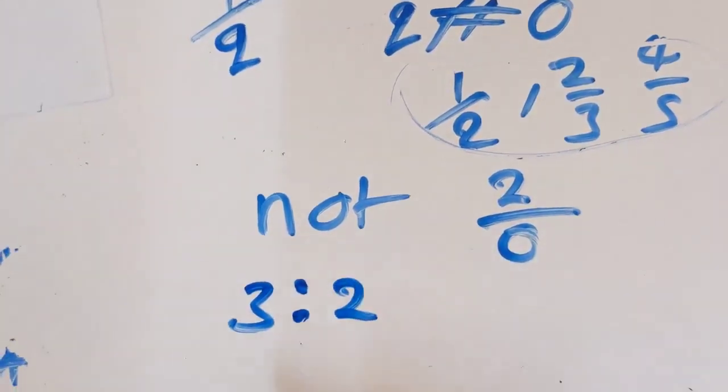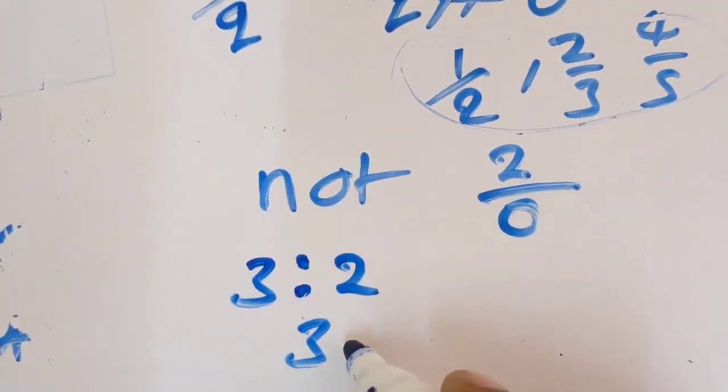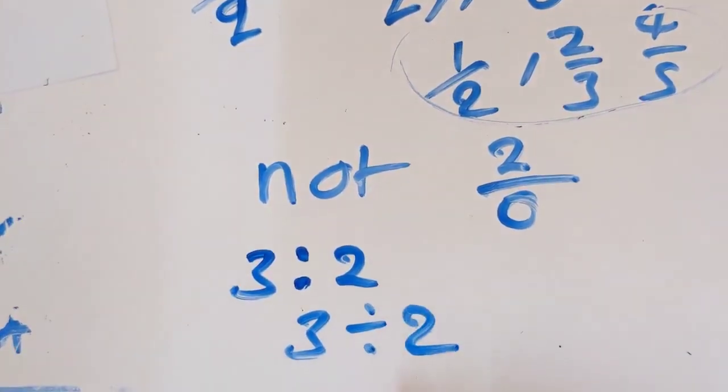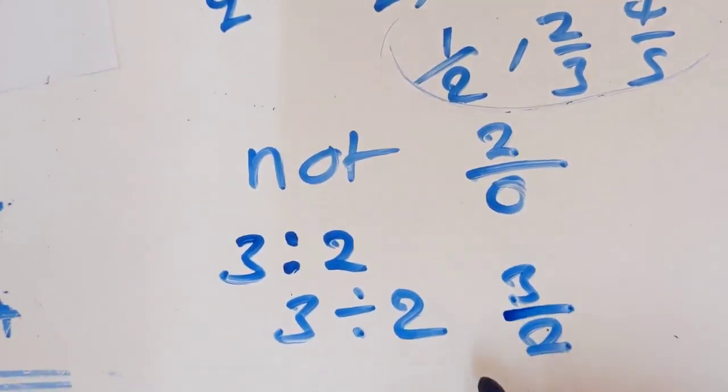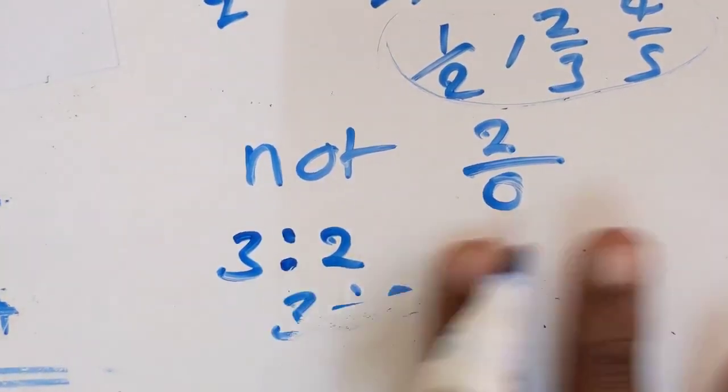To 2. This means that it is 3 divided by what? By 2. That is what it means. So this is also 3 divided by 2. That is what it means there. So rational numbers,